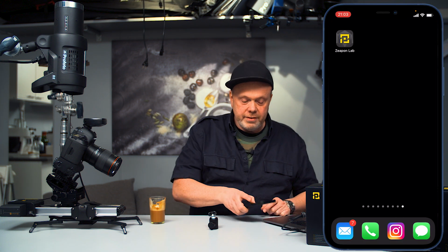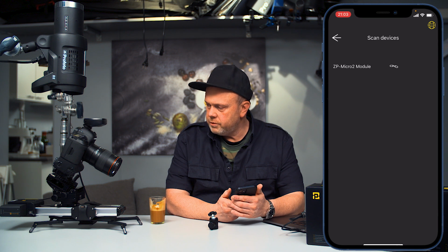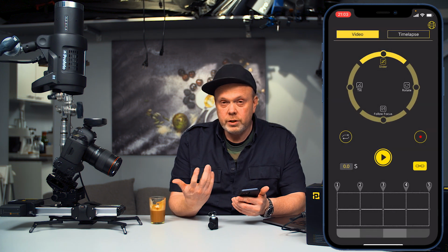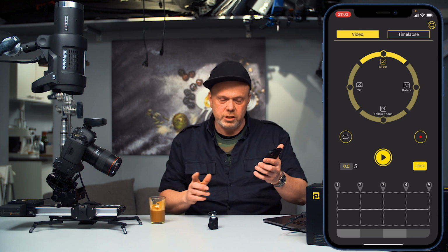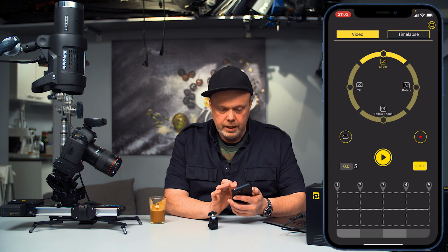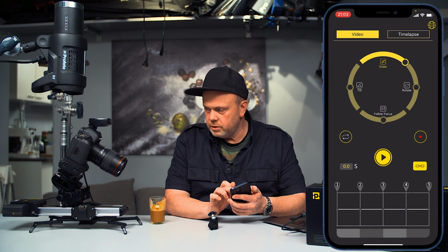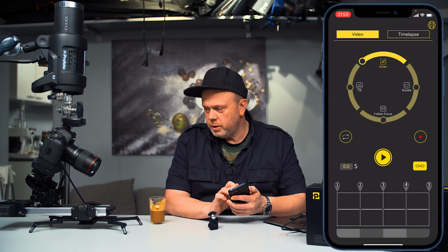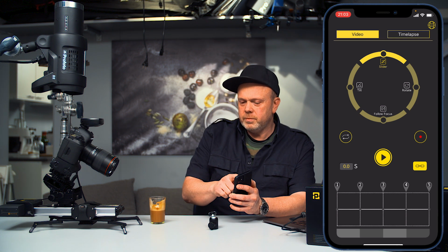And we also have an app, Zeapon Lab it's called, and I have started the slider, and you see we will get this connection, and now we're connected. It works really well with this Bluetooth connection. So now we're in this app, and then we can slide this forward and back. So we will find the closest point